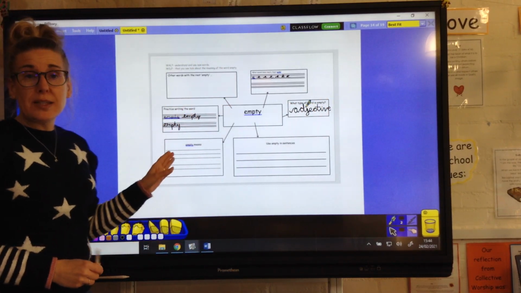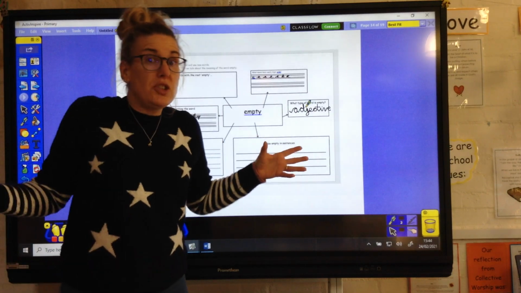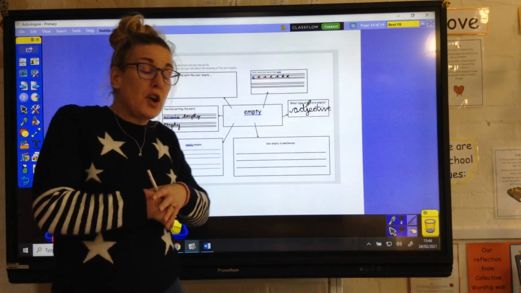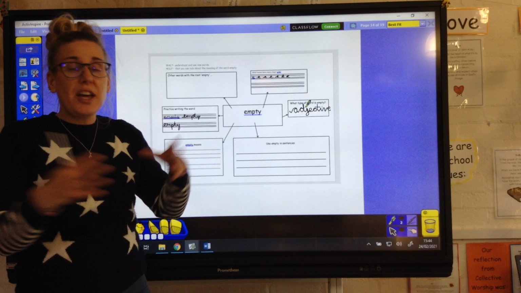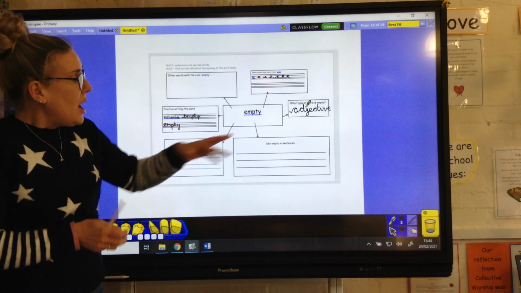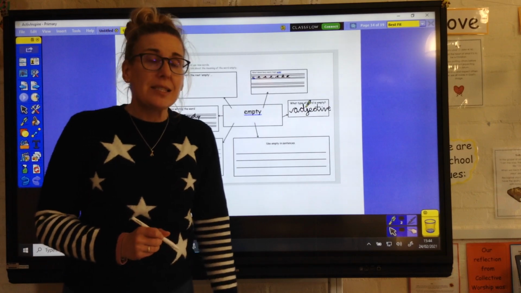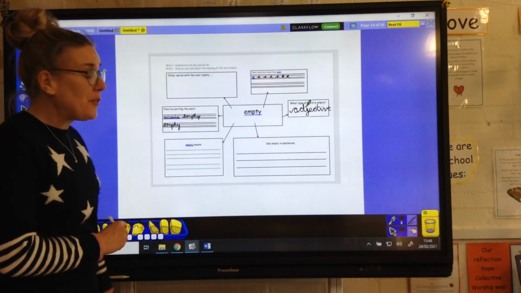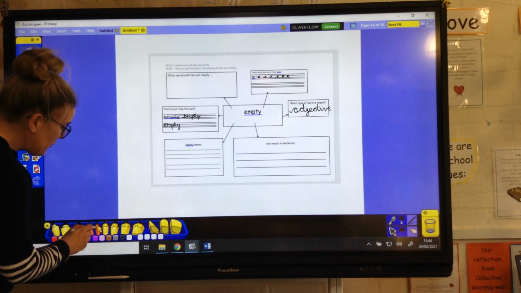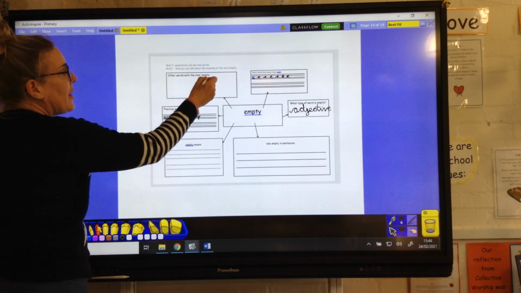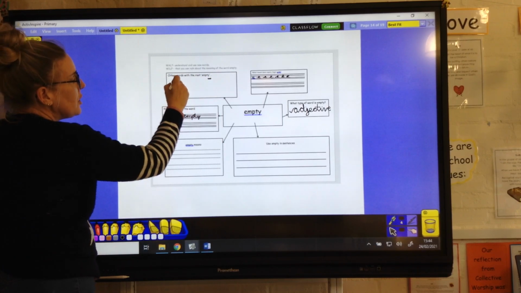Think about what the word empty means. So empty means it's nothing inside. So if you've got an empty glass, it's got nothing inside, it's empty. And then we've got to think about adding some suffixes onto the word. So let's have a look at that. We've got a Y on the end, so we can have